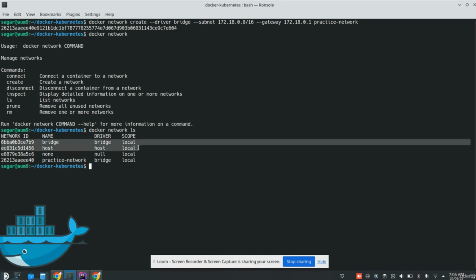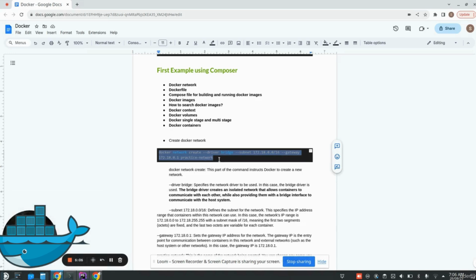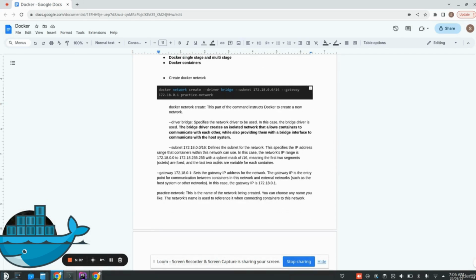These three are the default networks, so we don't touch these. We will always deal with our practice network. So we have created our Docker network, and we will use this Docker network in all our upcoming practicals,